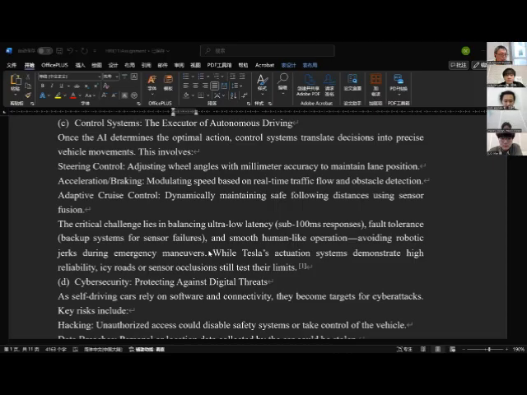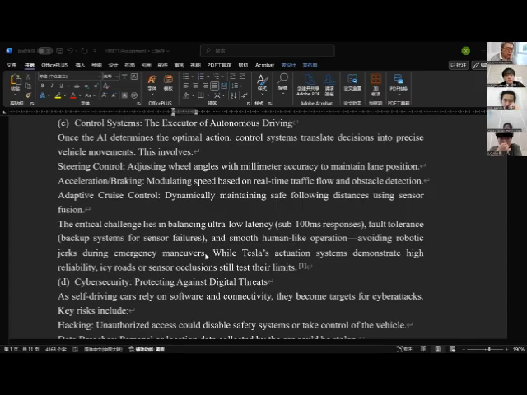This involves steering control, adjusting wheel angles with millimeter accuracy to maintain lane position; acceleration and braking, modulating speed based on real-time traffic flow and obstacle detection; adaptive cruise control, dynamically maintaining safe following distance